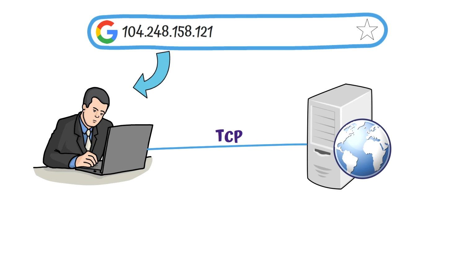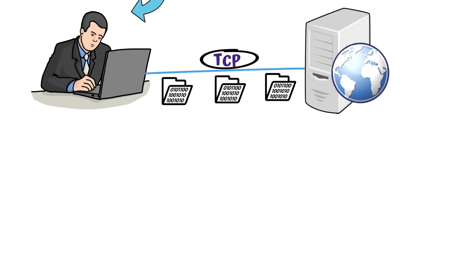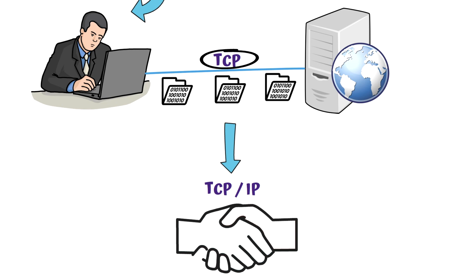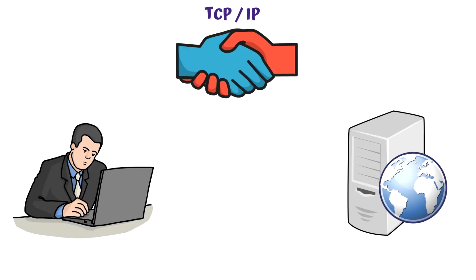To transfer data packets between your computer and the server, it is important to have a TCP connection established. This connection is established using a process called the TCP/IP three-way handshake. This is a 3-step process where the client, or your computer, and the server exchange synchronize and acknowledge messages to